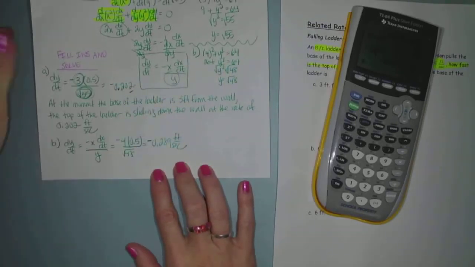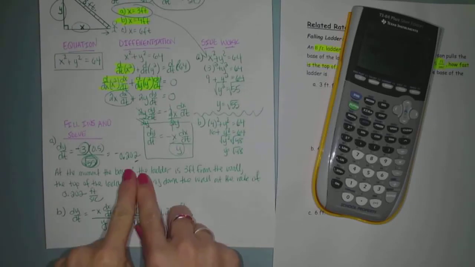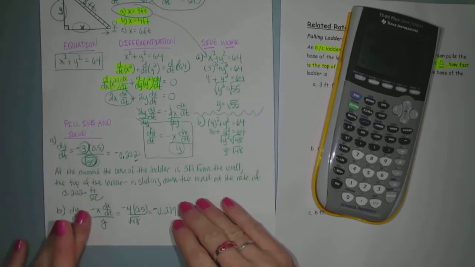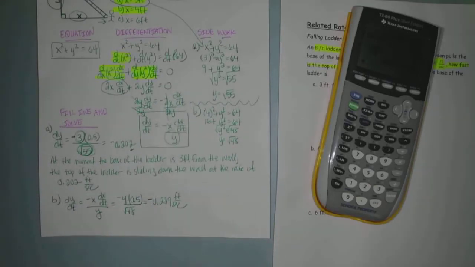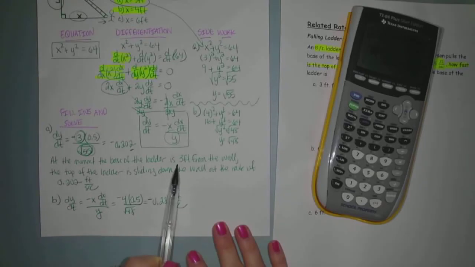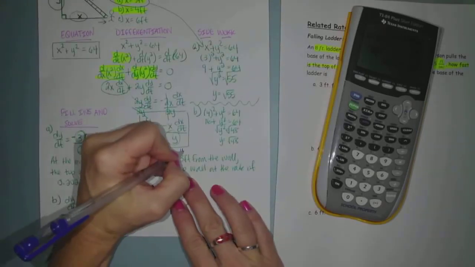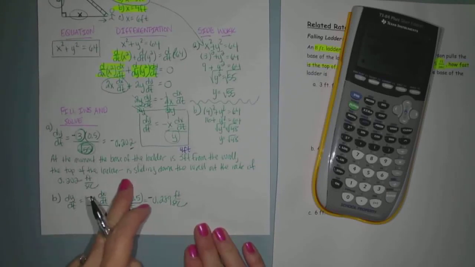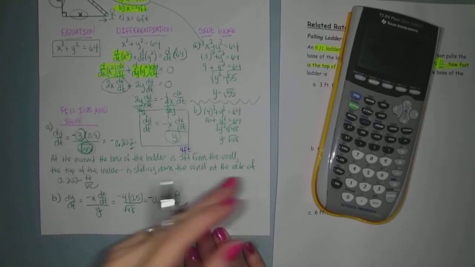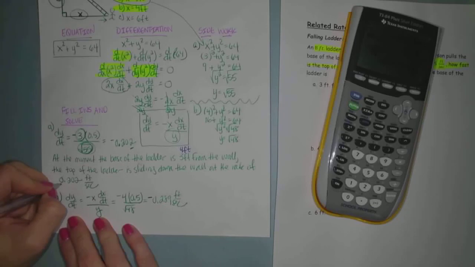So let me show you how this is going to change. Rather than have me rewrite this, you should rewrite it, but so the video isn't so long, what I want you to do is write this for part B. At the moment, the base of the ladder is 4 feet from the wall. The top of the ladder is sliding down the wall at the rate of